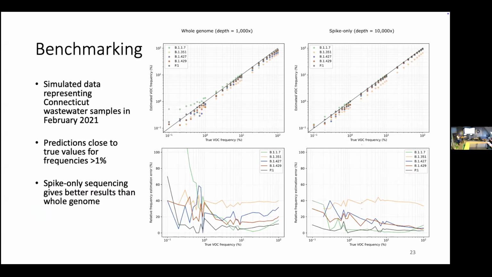And in our simple benchmark experiments for this quantification approach that we developed, we also compared to doing whole genome sequencing, so having reads for the whole genome, which is the figures on the left, versus having only reads for the spike region, which are the figures on the right. And what we saw is that in general, we get lower errors if we only look at the spike region. So that made us wonder, okay, if most of the information is there anyway, and this gives us better results, then how do we select the best part of the genome to sequence?